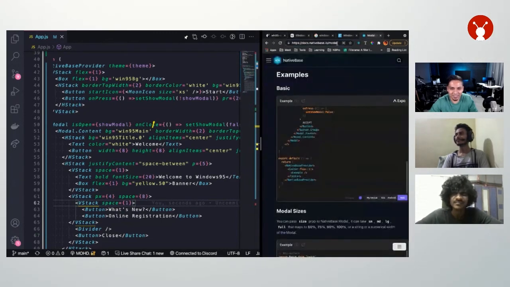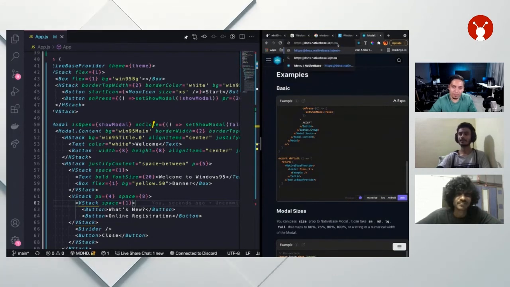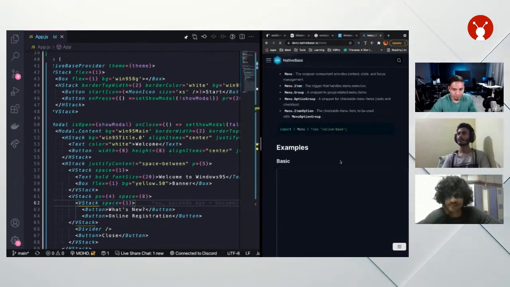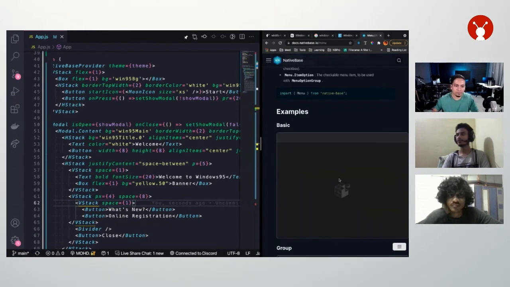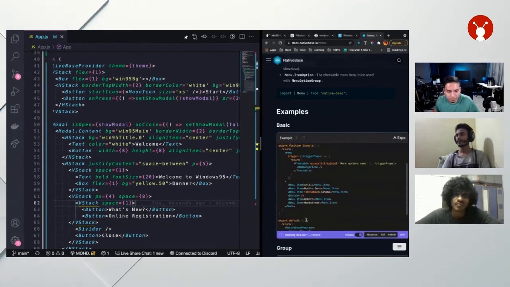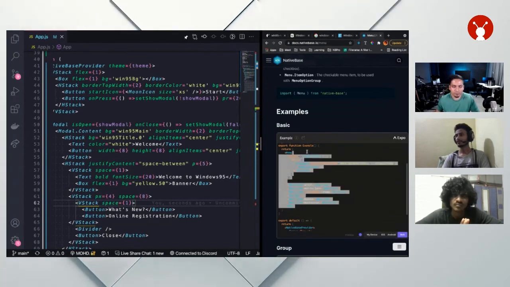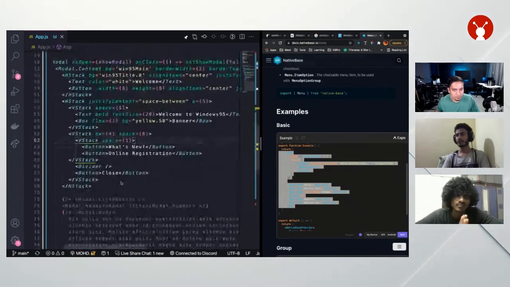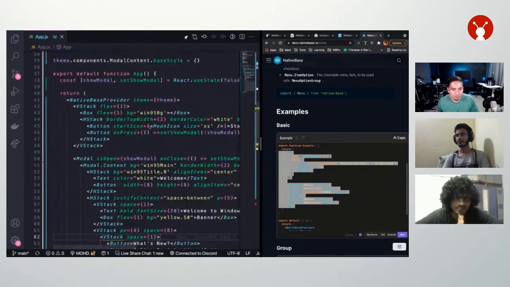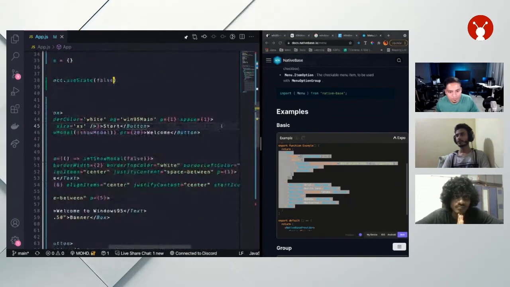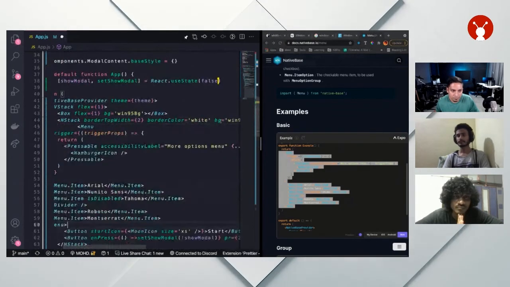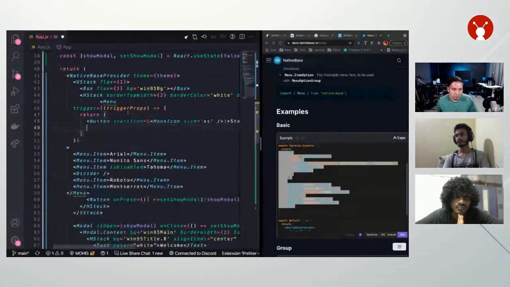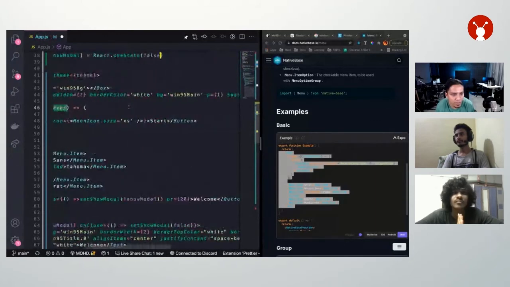So here we are in the docs. Let's get the boilerplate code from our docs for the menu. So we're gonna use the menu component to make the start menu. And let's copy this code. And we're gonna replace the start button with the menu. So we have the menu, and then menu takes in